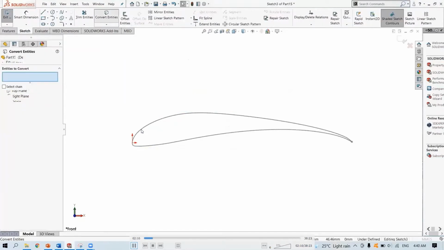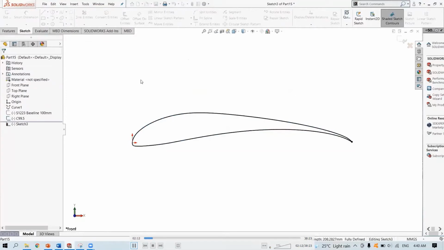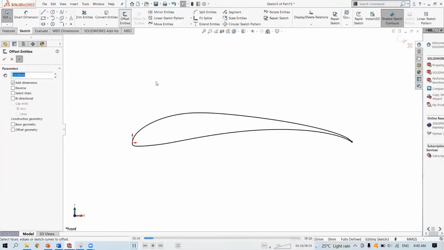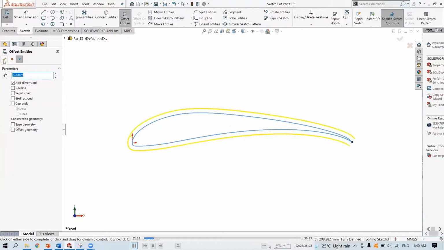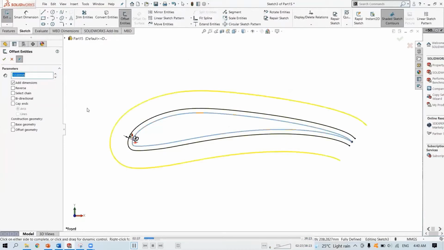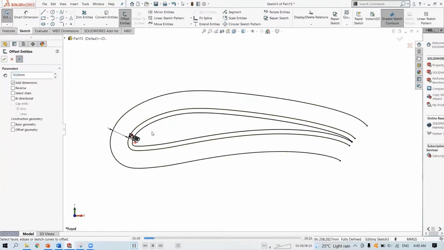Front plane again, convert entities. And now you can try to offset the entity. We'll go for 2. This is for the first shell. Maybe you can go with 10 for the second shell. What about 30 for the third?